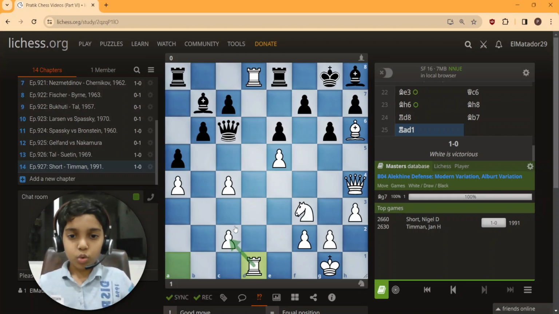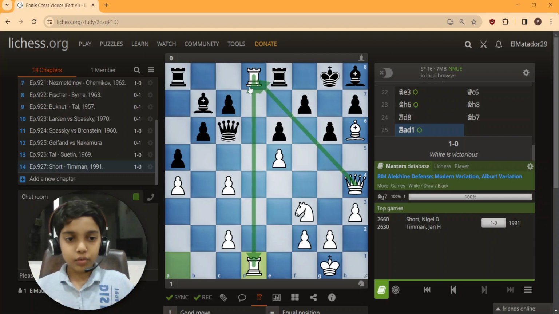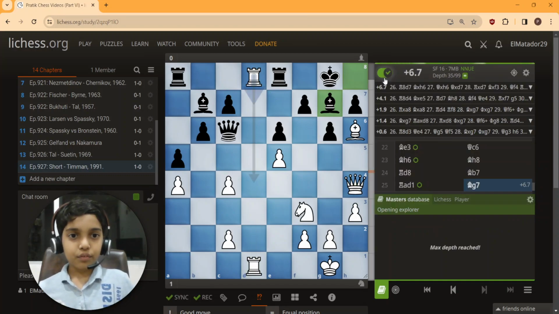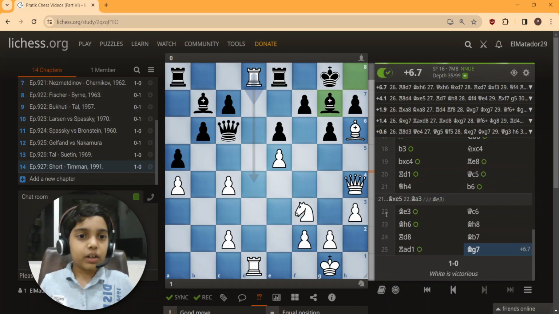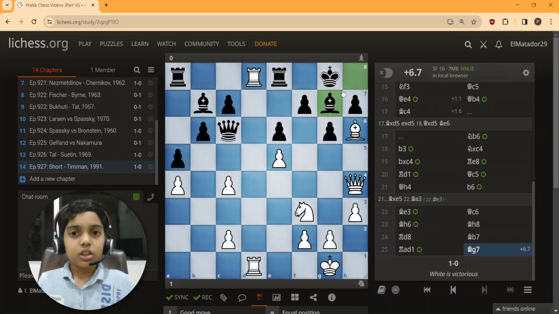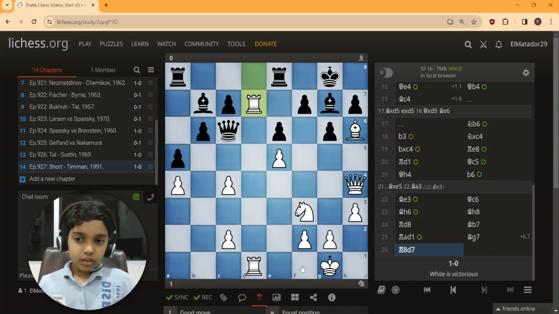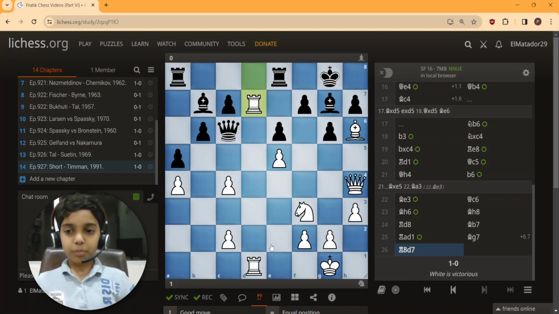Now we totally control the d file along with support from the white queen, and now it is almost total domination. So bishop g7, see the advantage. It's not a material advantage, it's a positional advantage, because here it comes rook 8 d7, and after rook 8 to d7, now comes,